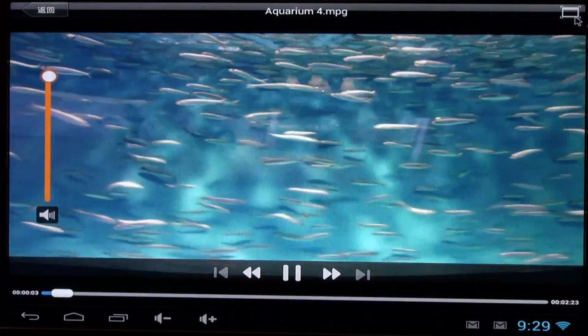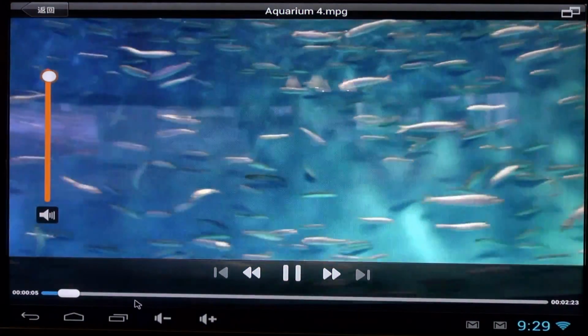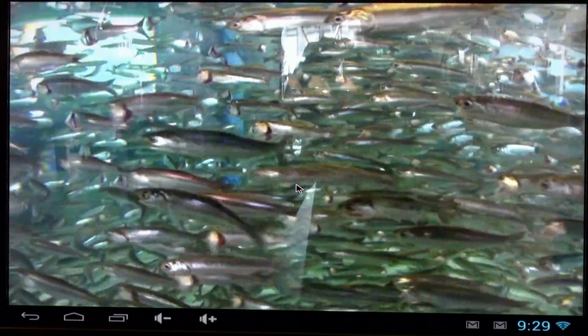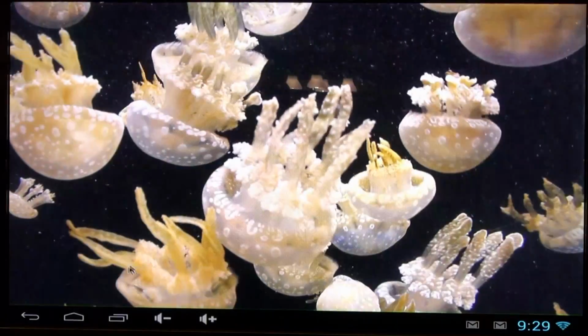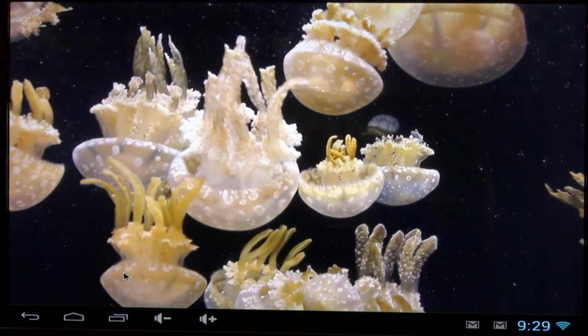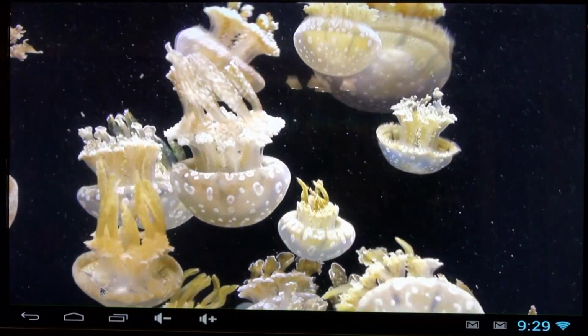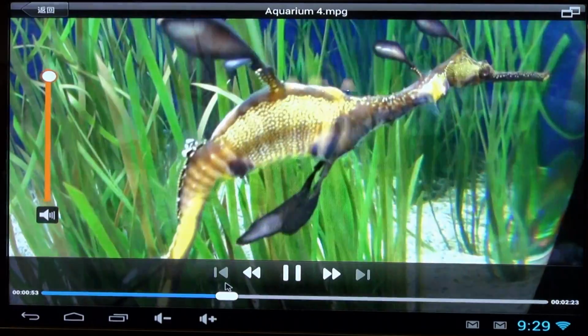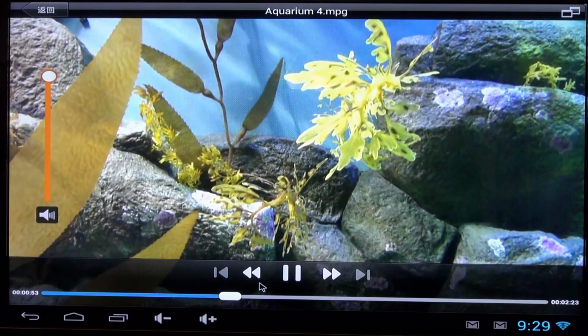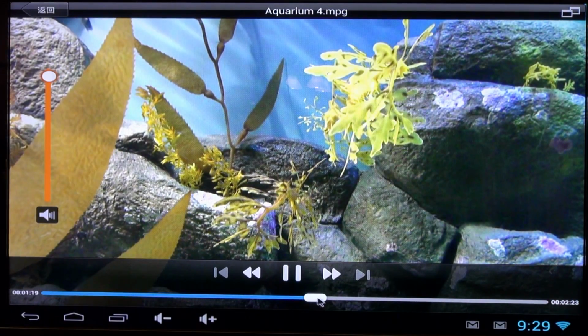So just to sum it up so far, the best way to play movies is off the internal SD card. Second best is a USB flash drive. Third best is Wi-Fi, which works pretty well. And then what didn't really work for me was external hard drives. Maybe one that was powered would work a lot better though, because I think that's what the issue is, that the hard drives try to draw too much power from the USB bus and kind of freak out the Android